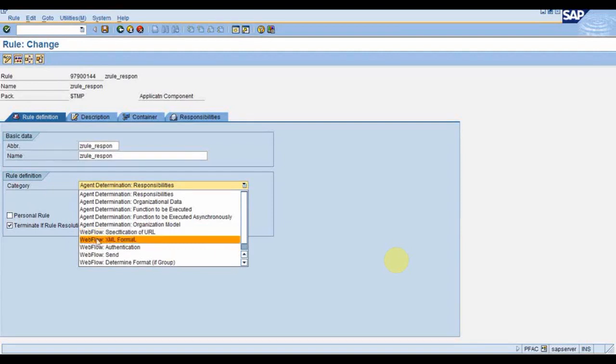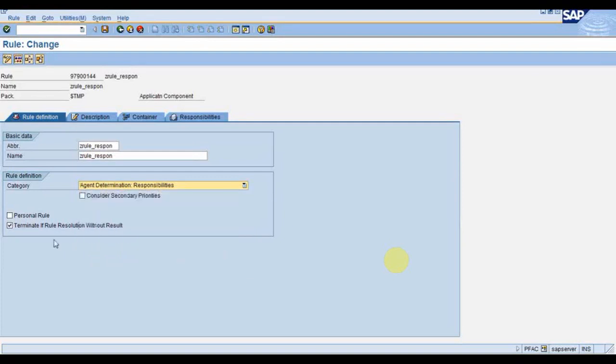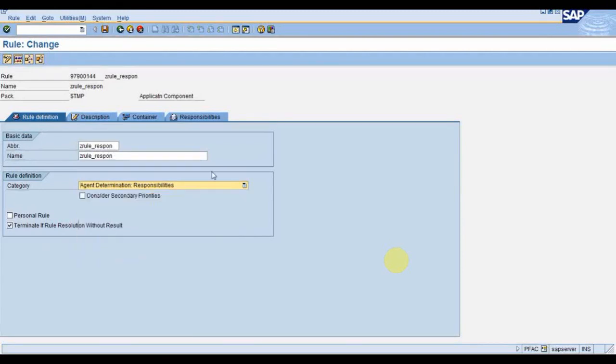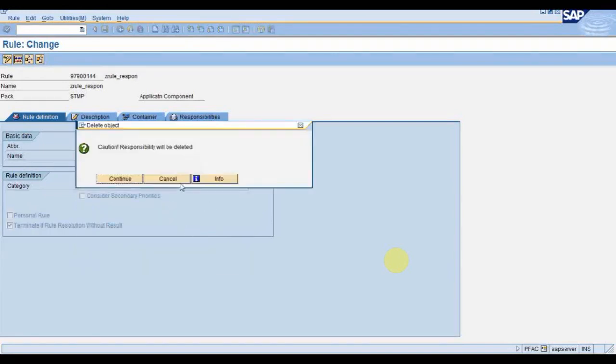If you use this Webflow, it means that this particular rule will access the other system tables, or some database, where it will fetch the data and populate it here. So we don't use these Webflow and authentications. What we use in real time scenarios, I will discuss everything. So these responsibilities are used, and in this we have the function to be executed, which is most important. And this is one way to fetch the users dynamically, and that I will discuss now.